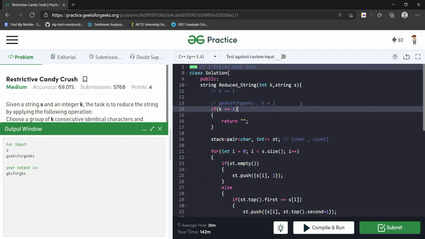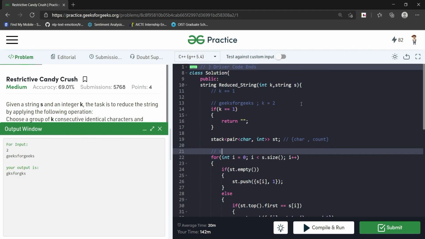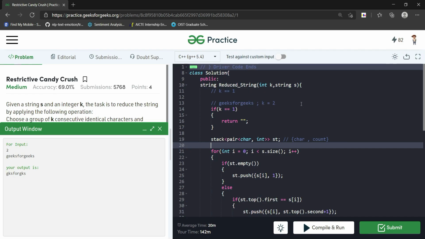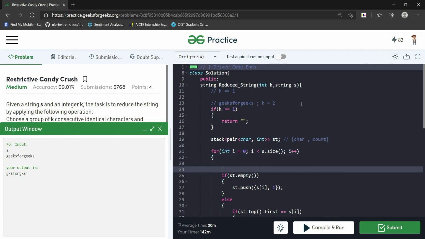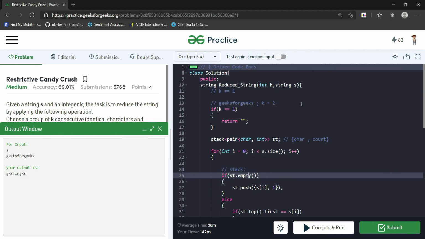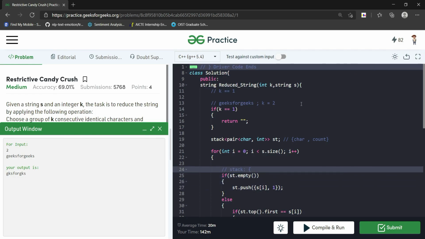I have zoomed a little bit also. So we have created this stack which is initially empty. So now the stack is empty, so we will be having this stack over here, right? At every step I think I should write it over here. Stack values are here, right? So since the stack is empty, we will push into the stack the character and the count, right? So G has been pushed with the value 1.